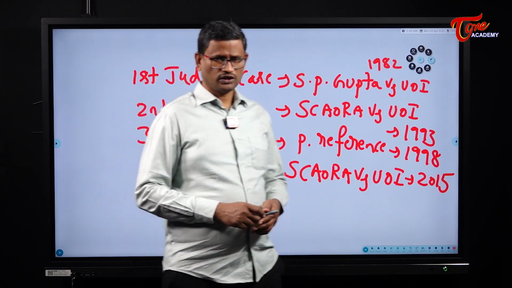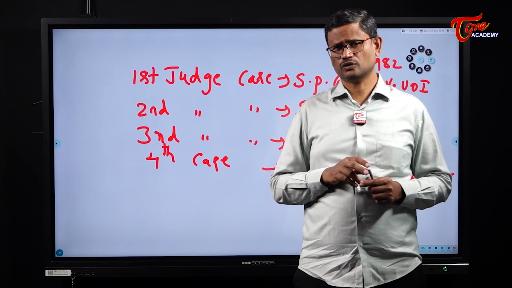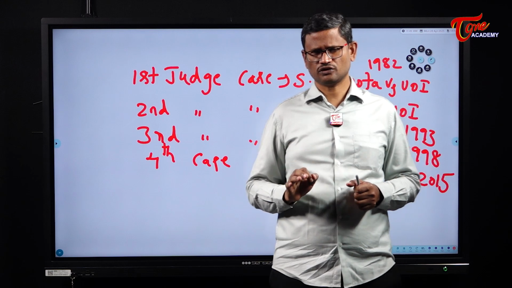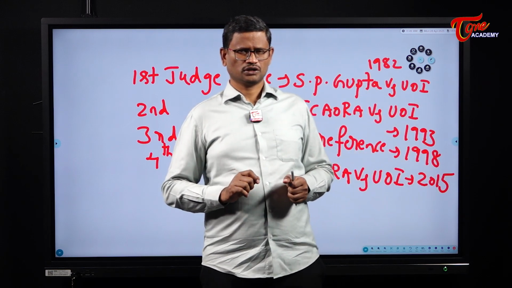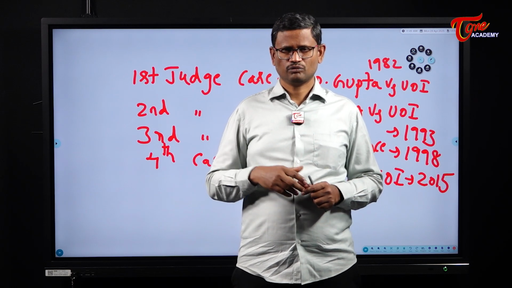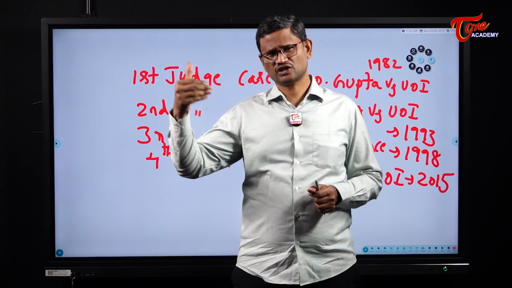See, Article 124 speaks about the appointment of the judges of the Supreme Court. In the Constitution of India, it is laid down that a judge of the Supreme Court shall be appointed by the President of India by consulting the Chief Justice of India and such other judges of the Supreme Court and